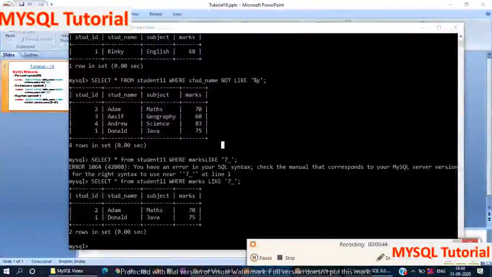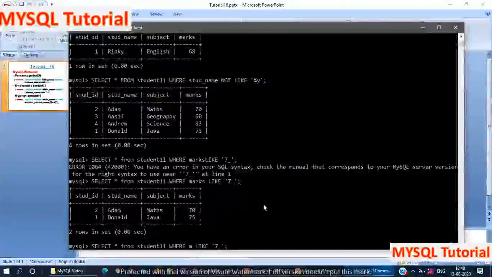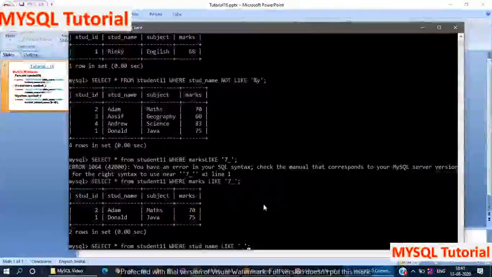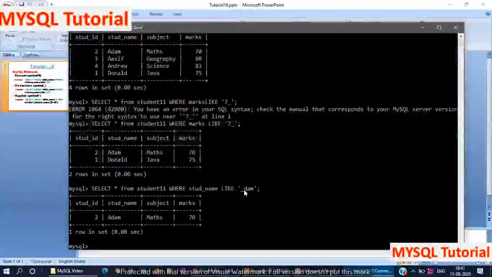Now I perform the condition on another column. Here I perform the condition on student name, stud_name. Here you can see we got only a single record because the underscore only matches a single character.